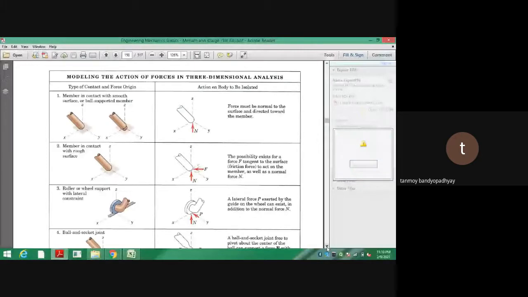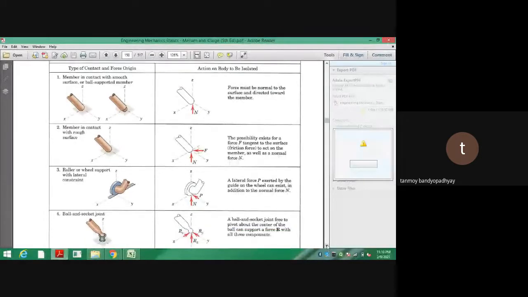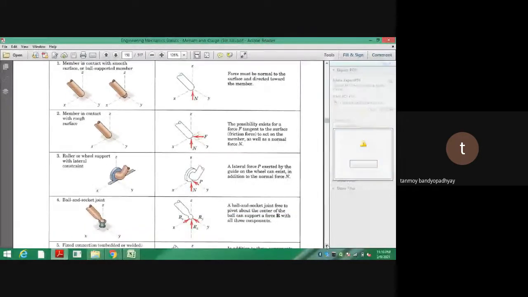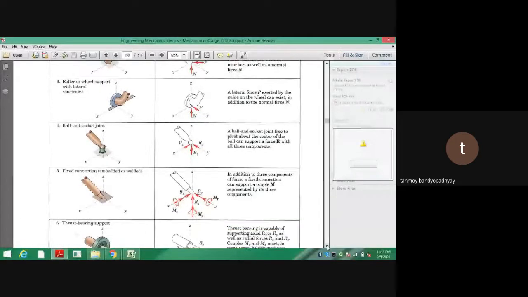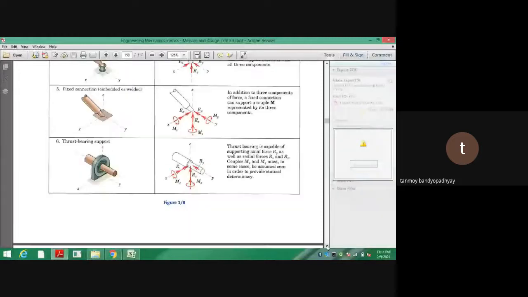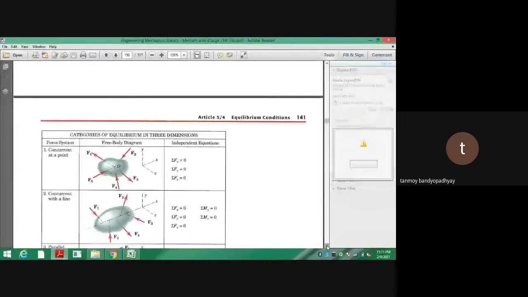So that is why they are only having the normal component of the force. And just the one we did, like if I come here, which I am saying, so now you come to the ball and the socket joint. But first, let's discuss the thing we discussed, the problem that we did.